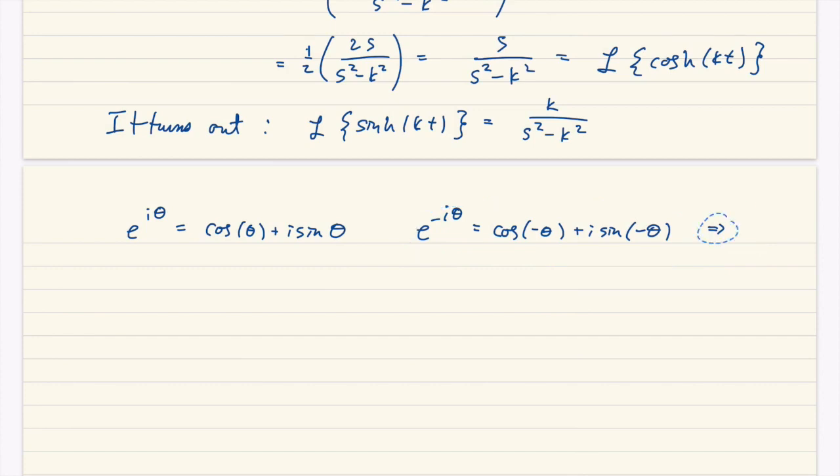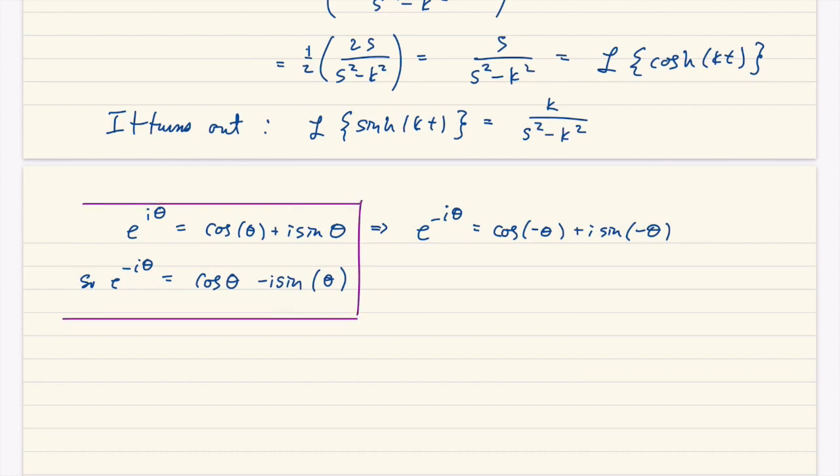So that means that e to the minus i theta is going to be cosine of theta, because cosine is an even function, so you can lose that negative, and then minus i sine theta. Sine is odd, so that minus comes out of the function. So minus sine of theta. And then I'm going to look at these two terms together. And it turns out if we add them up,